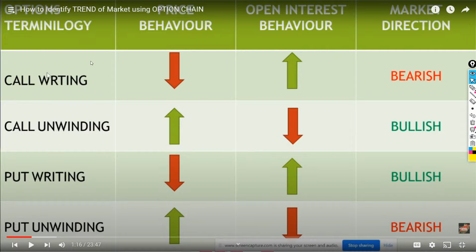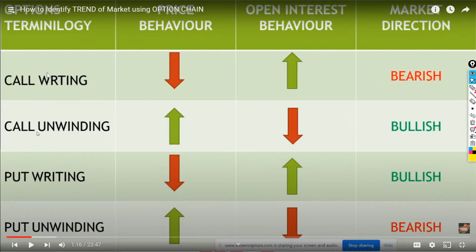Whenever there is huge call writing, the premiums will start decreasing and the open interest will start increasing. Got it? Whenever you see the premiums decreasing, I've already made a 23 minute video on this. You can watch it. I'll put it in the description box. I'm just giving you a very high level; if I want to explain everything, it will take more time. So whenever the premiums are decreasing and the open interest is building up, that means the market is going to be bearish. I'm not talking about individual strikes, where it is wrong to say bearish. I'm talking about the majority.